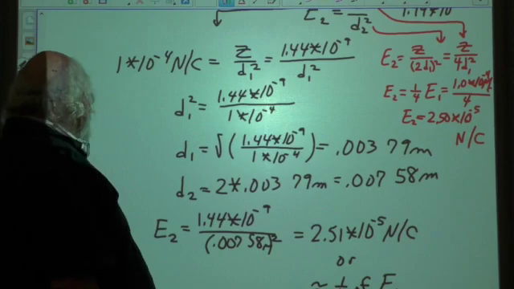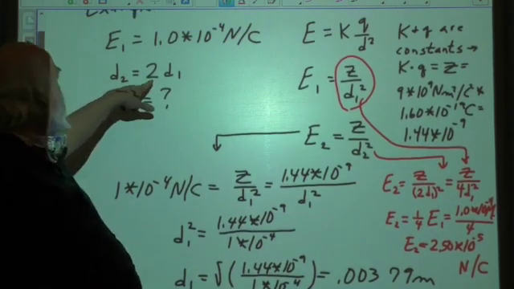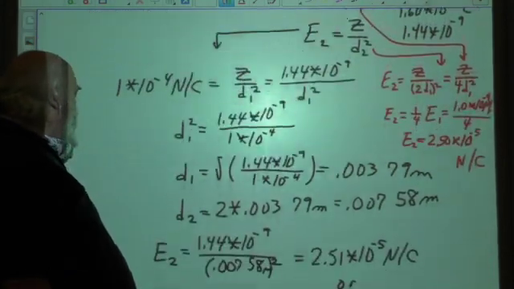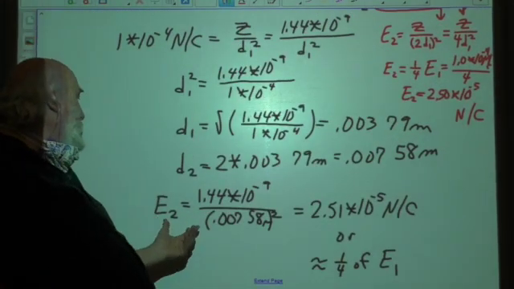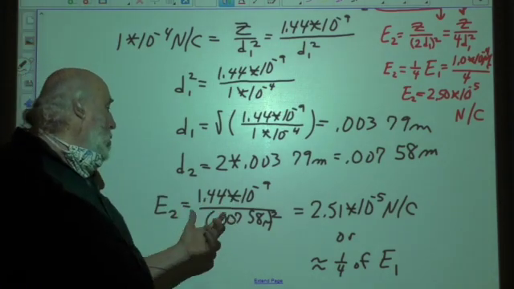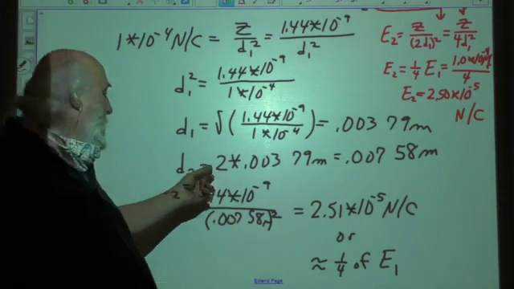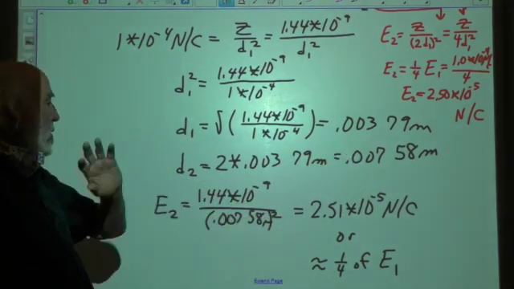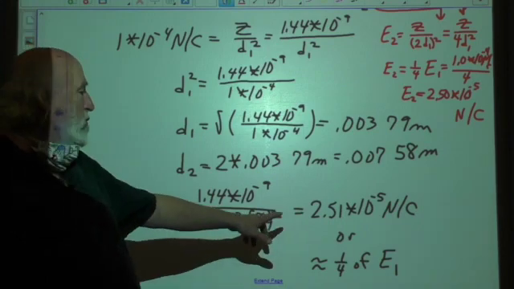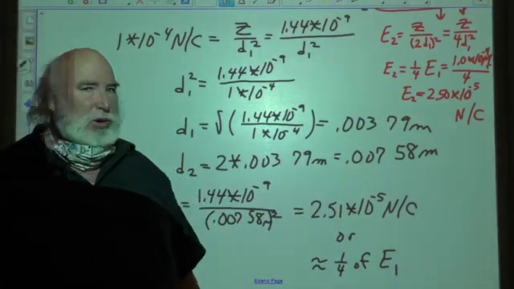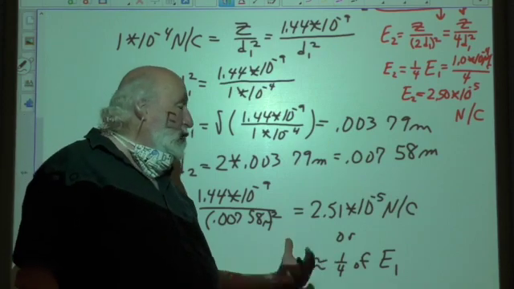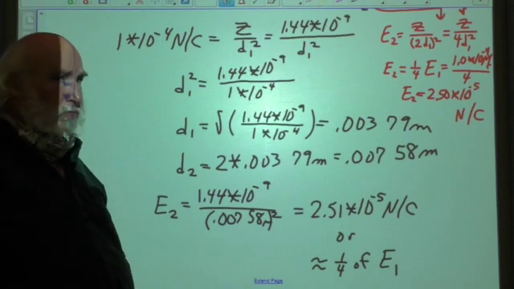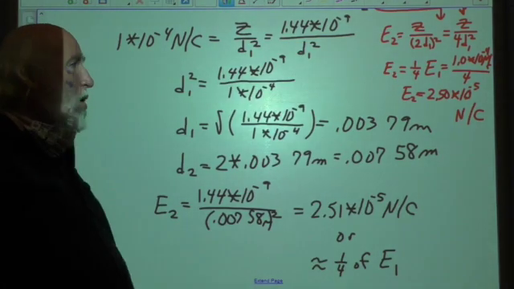Now, since D2 equals 2D1, I'm going to substitute 2D1 for D2 in the second equation. So E2 equals Z over D2 squared. But D2 squared now is 0.00758 squared. Divide those out, and I get 2.51 times 10 to the negative 5th newtons per coulomb, which is approximately 1/4 of the original electric field, which will make more sense why it turned out that way when I go